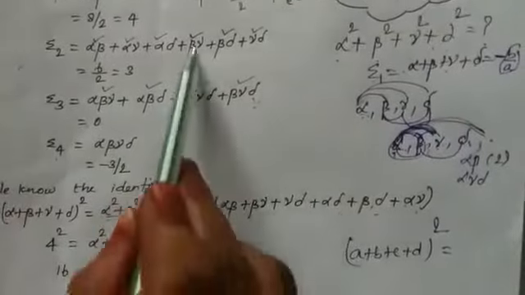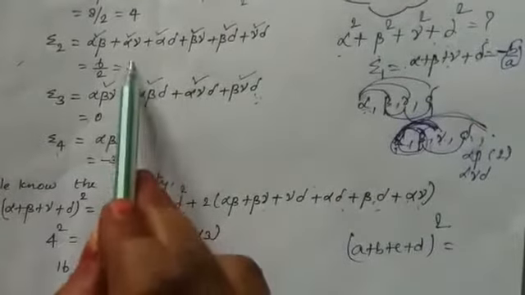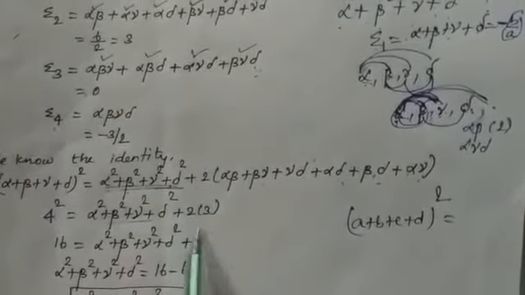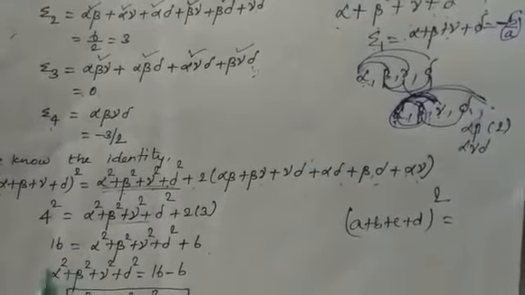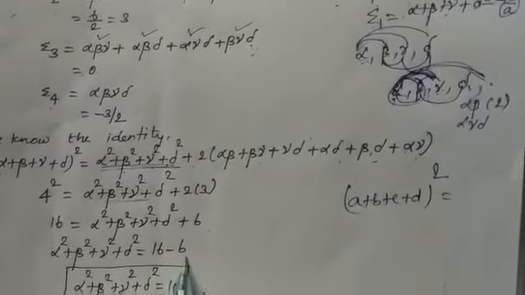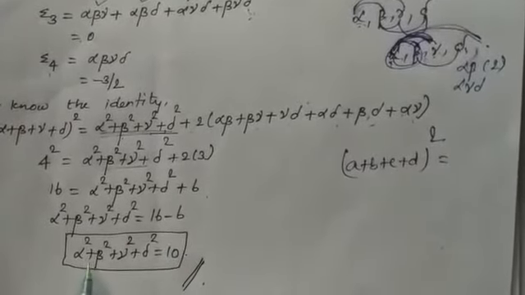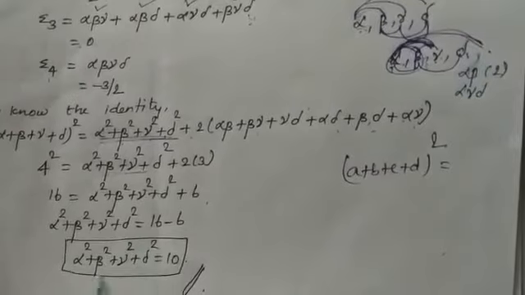When you are comparing, you come to know clearly. So what was the answer there? 3. So substitute as 2 into 3. What is 2 into 3? 6. So 16 is here, 6 is here. When you are bringing this to one side, that becomes 16 minus 6. So the answer will be 10. So we have found out the sum of squares of the roots to be 10.